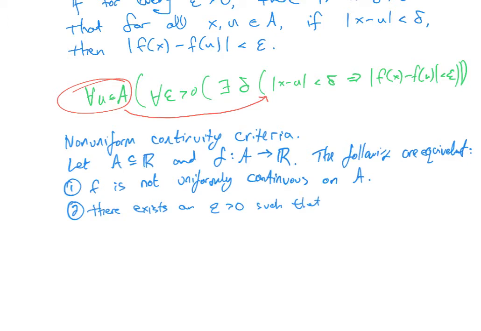We've done that quantifier. And now we come to a there exists a delta. There exists a delta turns into a for all delta, such that for every delta,